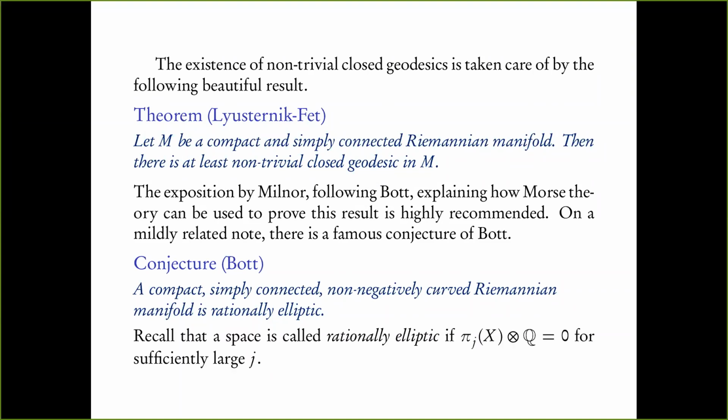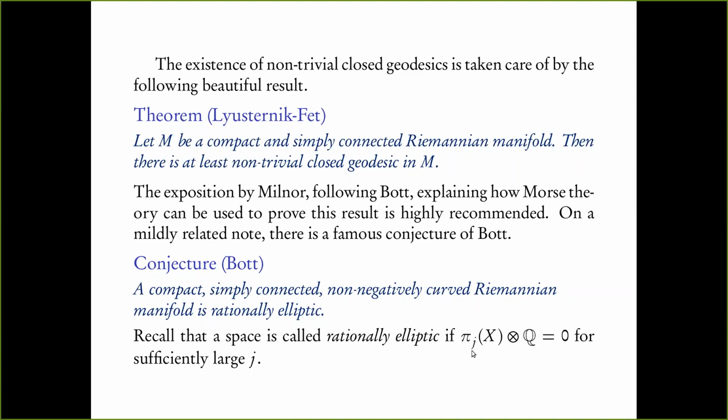Remember I was talking about the higher homotopy groups for a little while, pi 2, pi 3, and so on. I mentioned that these higher homotopy groups are abelian. Pi 1 is not abelian, but pi 2, pi 3 are abelian. Whenever it's an abelian group, it's also a Z module. All of you should remember this from your rings and modules, that an abelian group is nothing but a Z module. So if you have a Z module, you can tensor it with Q over Z. So the tensor here is happening over Z. So this is the abelian group pi j of X, thought of as a Z module, tensored with Q over Z. This is now going to be a Q vector space because I've tensored with Q.